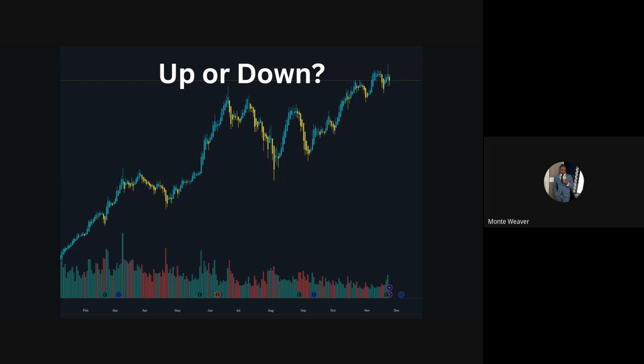Anybody want to guess what this chart is? What stock this specific chart is? It's NVIDIA, right? And the chart before that was Super Micro. And the chart before that was Pfizer. I know a lot of people who like Super Micro, but the chart indicates that it's going down. I know a lot of people who like Pfizer, but the chart indicates that it's going down. So we're short. NVIDIA is going up and to the right. So we're going long.